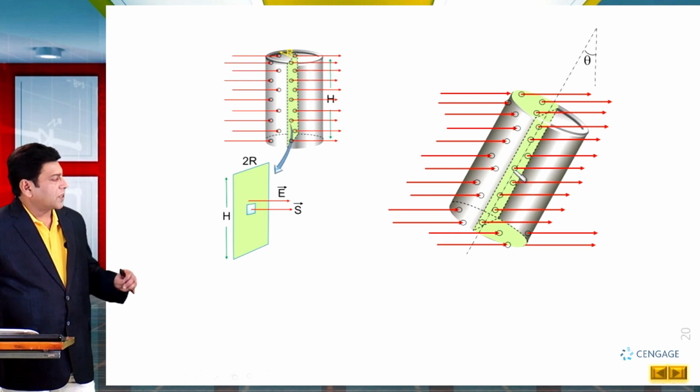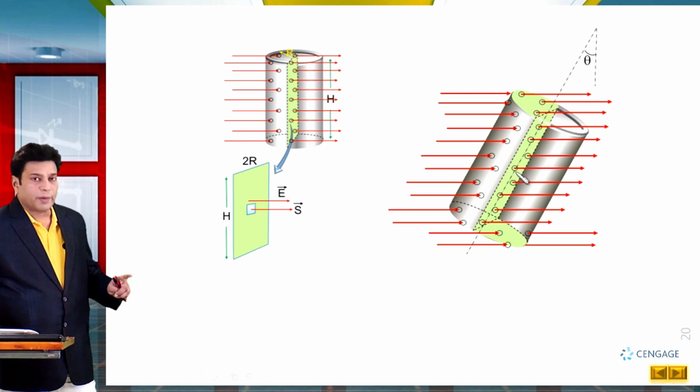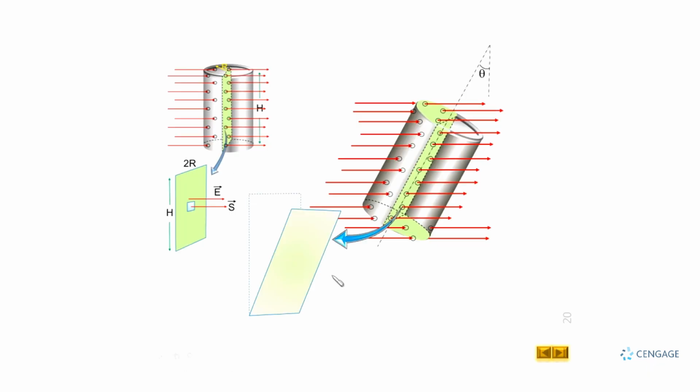So, let us first consider the flux associated with this inclined surface like this, and we know this angle is theta. Let us make the electric field vector and area vector. This is the electric field vector, this is the area vector, and we know this angle will also be theta. Now come to the top semicircle. Let us make this semicircle again. We know this is the electric field vector, this is the area vector. Let us investigate the angle between this electric field and area vector.